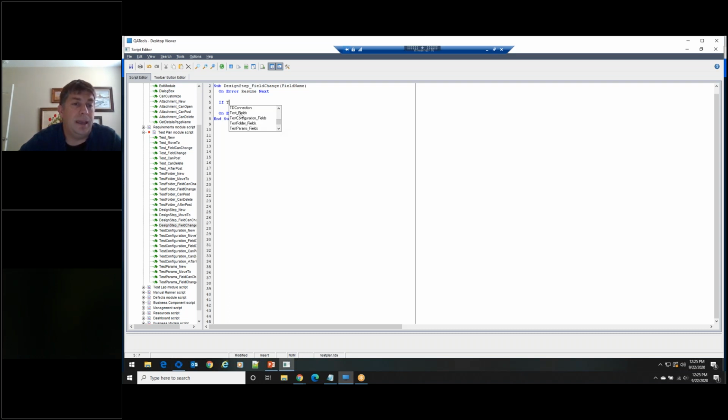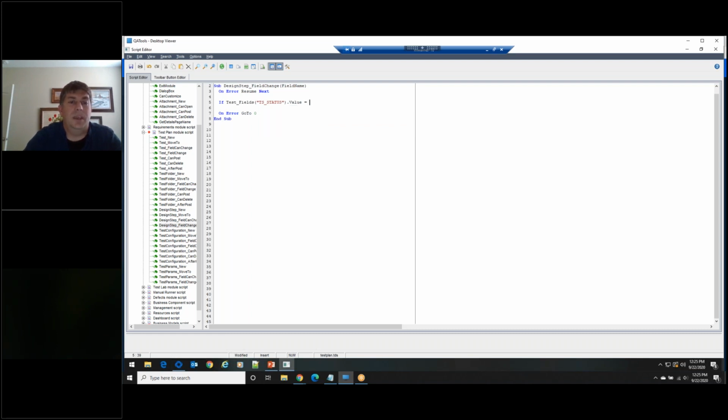In this case, I want to access the test. So I'm going to select the test fields, open parentheses, and here, if you're familiar with the actual database this is running on, you can see all of the fields in the database that are associated with the test. I'm going to scroll down until I see my TS_status. There we go.